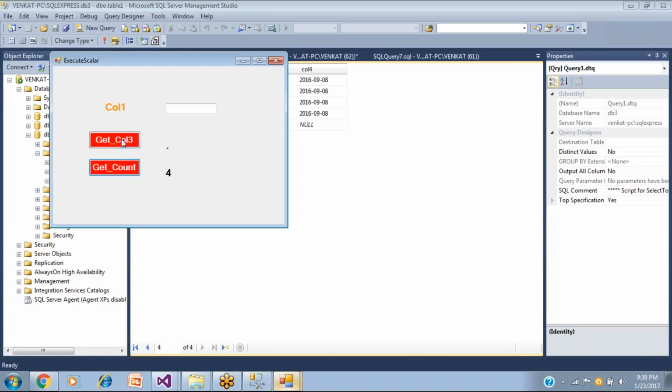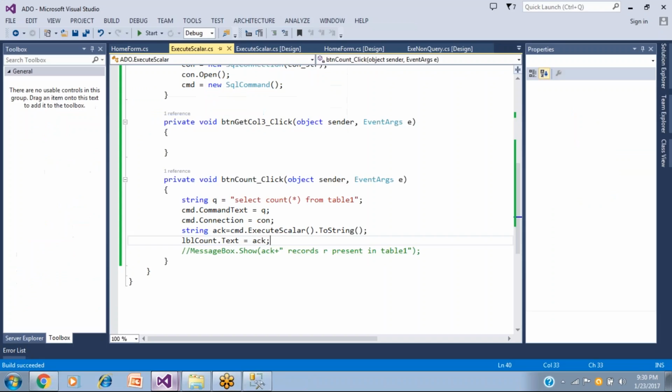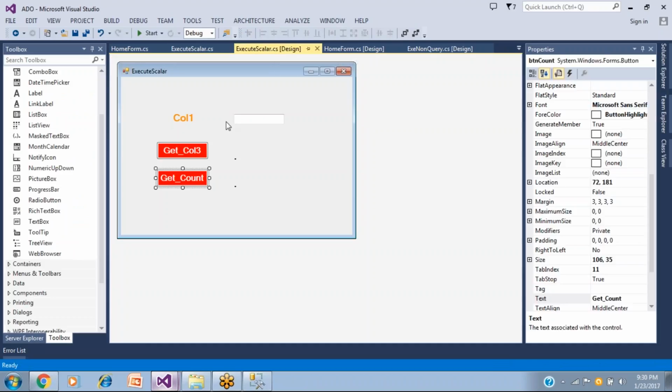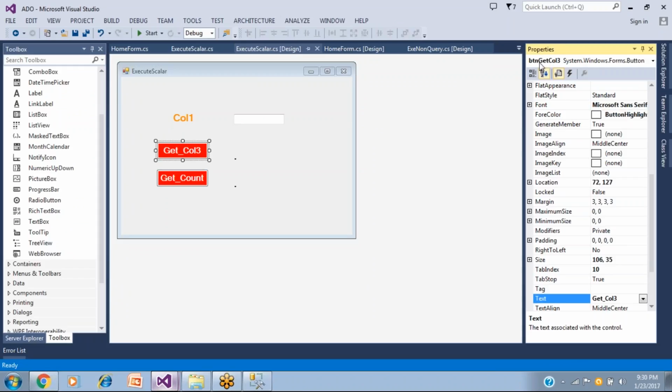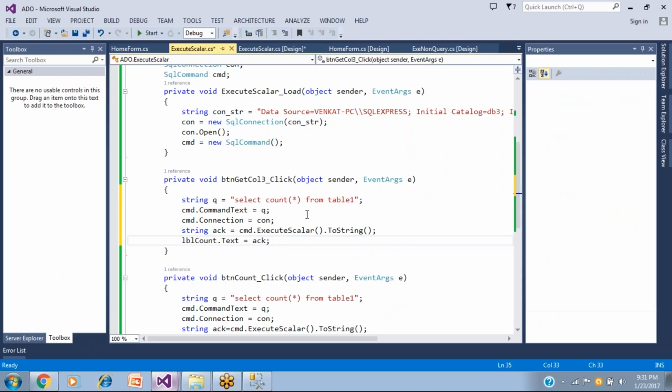Number two, now we are having one more button whose name is get column 3, and we have to enter some data in column 1, and I want to get the data for column 3. For that reason we need to write code. Let us come to the application and open the design of this particular thing, and you know that the name of this button is btn get col 3. Double click on this, and you have a space to write the code. The above code exactly, you can copy here with a small correction.